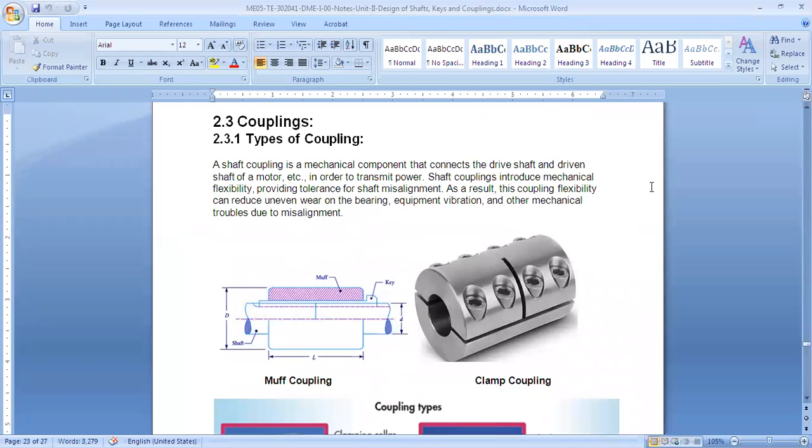So what are couplings? We will try to understand. We will go through different types of couplings, and then we will do design of flange coupling, protected and normal flange coupling. So, what is a coupling? A coupling is a mechanical device which permanently joins two rotating shafts. Coupling means couple. It is used to couple two things, so that's why it is called coupling. In this case, we are joining two shafts. So when two shafts are joined by using some element, it is called a coupling.